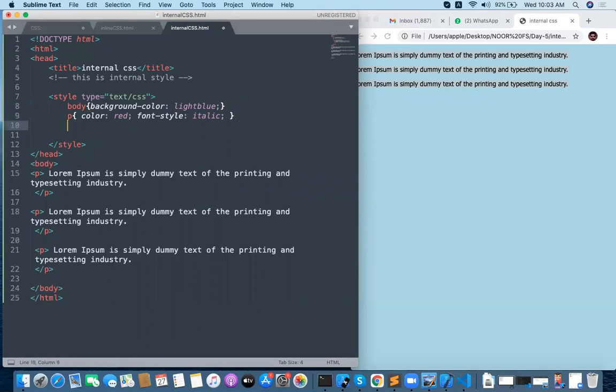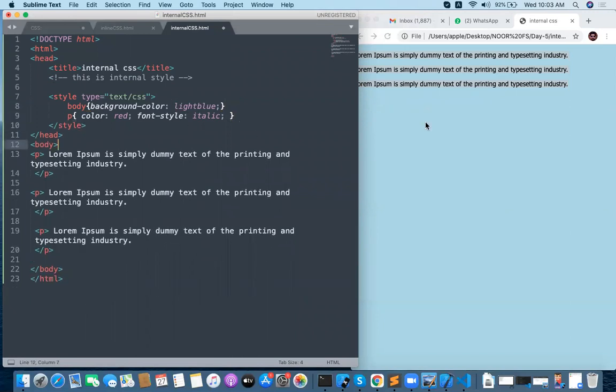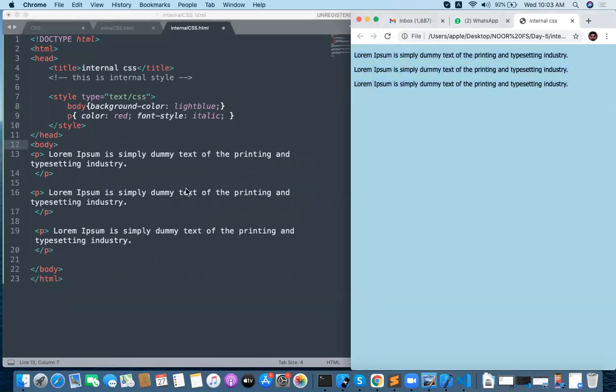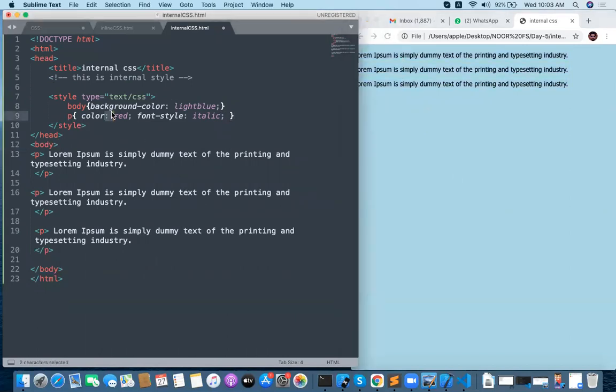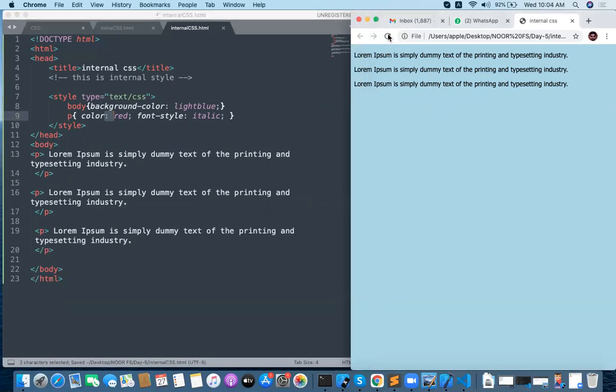This is the internal style I am applying for the paragraphs. Save it and run it. Now you can see all three paragraphs have the same color.